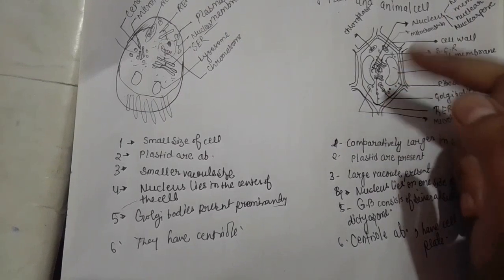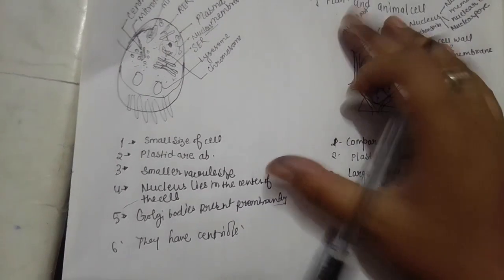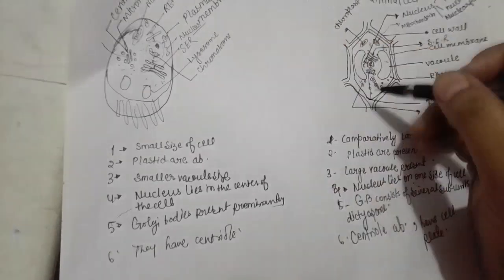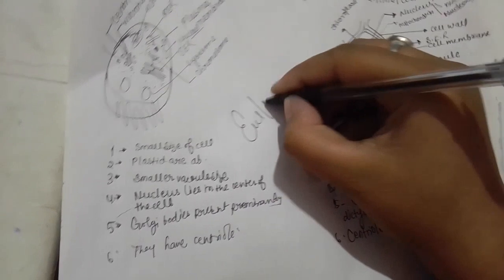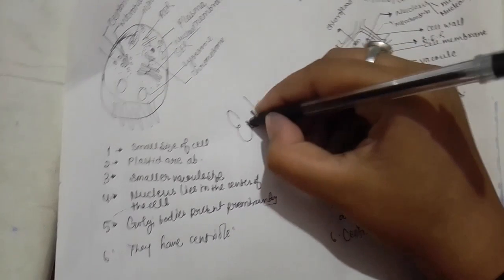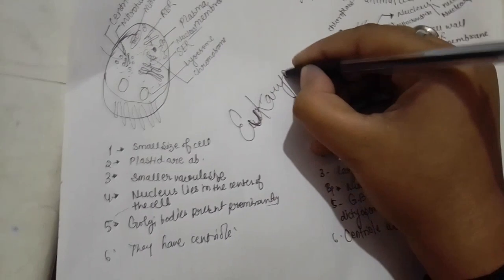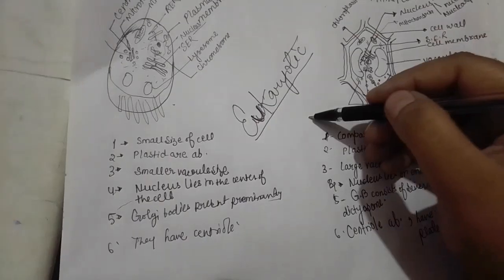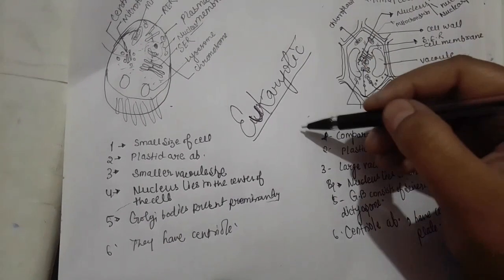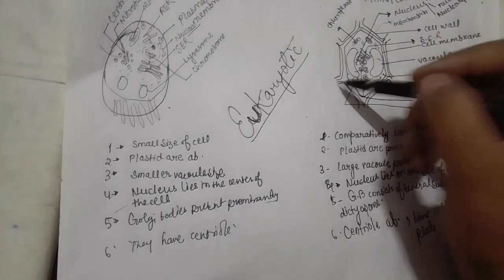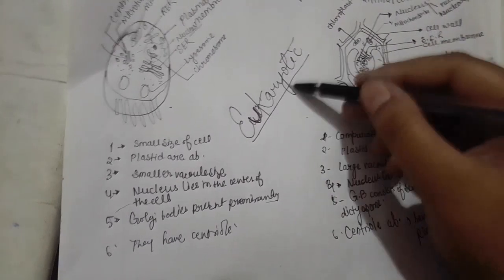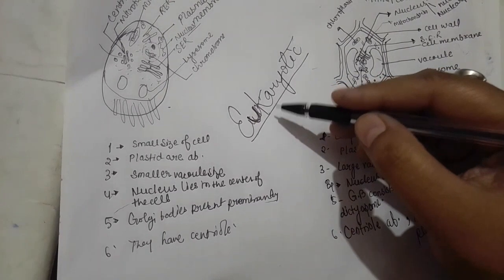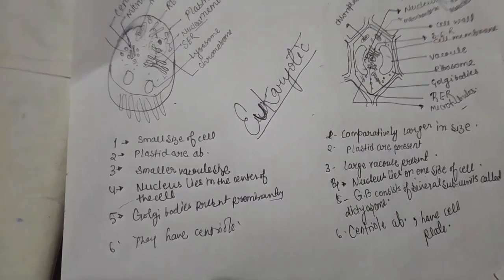Next part is about the eukaryotic and the prokaryotic. Now I am not going to make the same diagram again. So both diagrams represent the eukaryotic part. Both are coming under the eukaryotes, right? Next we are going to take the prokaryote. Both of those structures indicate the eukaryotic cell, and next what we are going to draw indicates the prokaryotic cell.